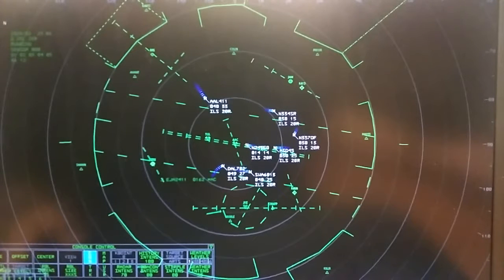November 7 Oscar Foxtrot, turn right heading 220. Roger, turning right heading 220, Aero 7 Oscar Foxtrot. So your average downwind leg...